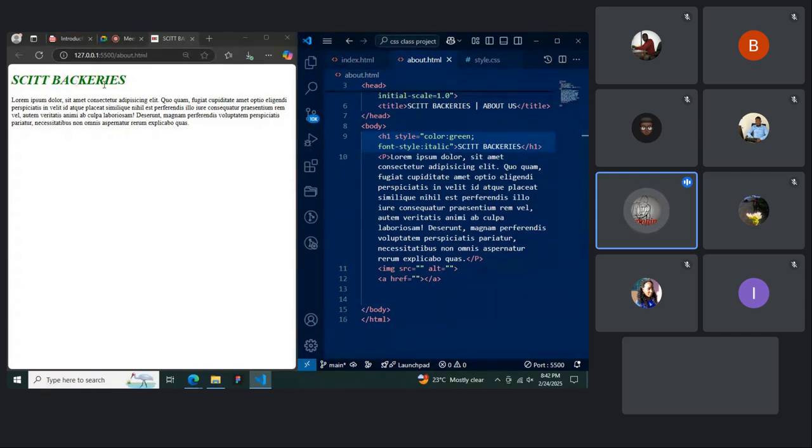So you can see it has changed. This is what we refer to as inline CSS styling, where you can style elements individually inside the tags, or inside the elements, that you want to style. For example, if you want to style